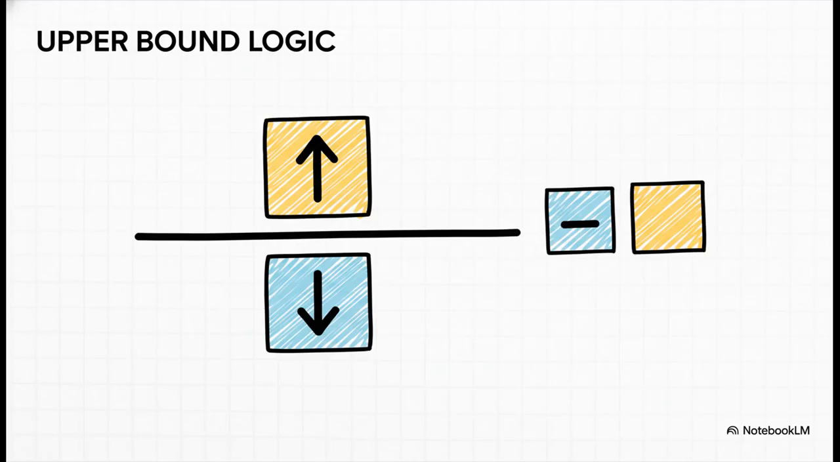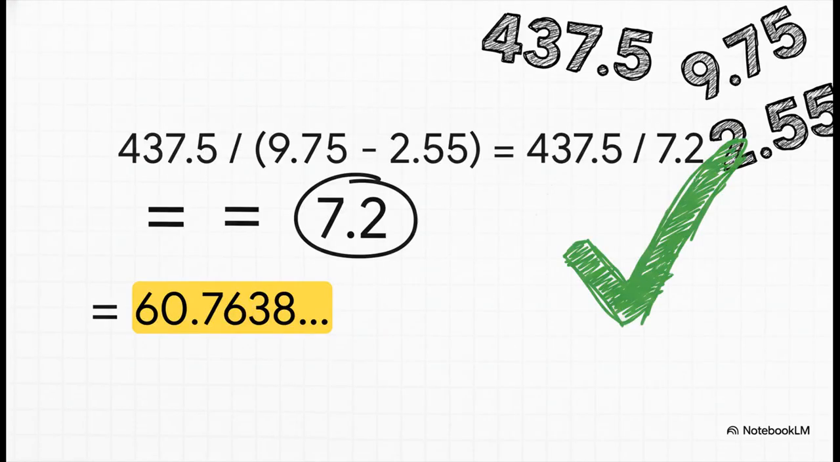To get the largest possible value of t, the logic is just the complete opposite. We need the biggest number on top we can get, the upper bound of w, and divide it by the smallest number on the bottom. And to make a minus c as small as possible, we take the smallest a and subtract the biggest c. Let's run the numbers on that. 437.5 divided by the result of 9.75 minus 2.55, and that gives us an upper bound of about